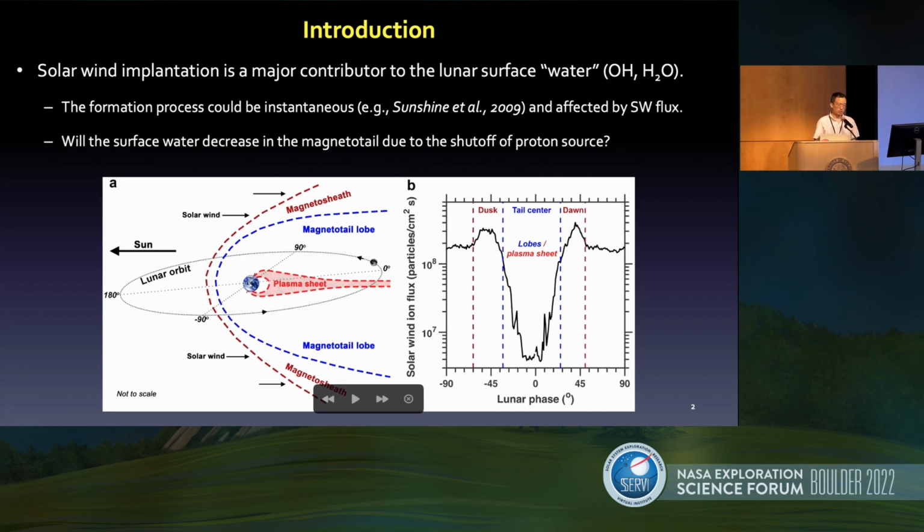And figure B shows the measurements of the solar wind flux at the different lunar phases. What we see here is when the moon travels from the solar wind into the magnetosheath, we see like a 50% increase of